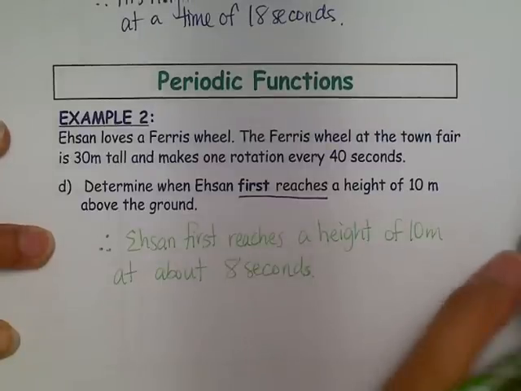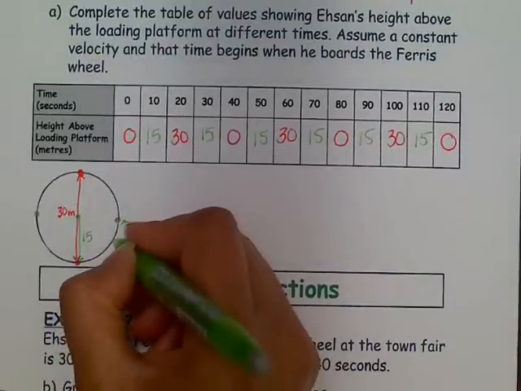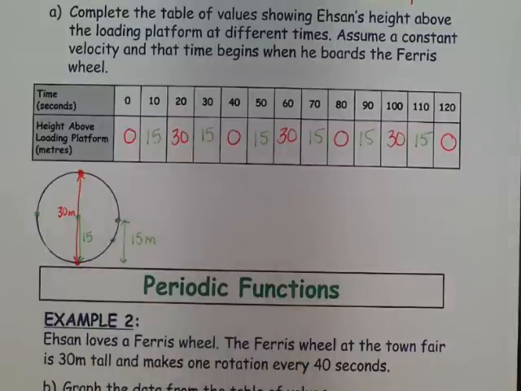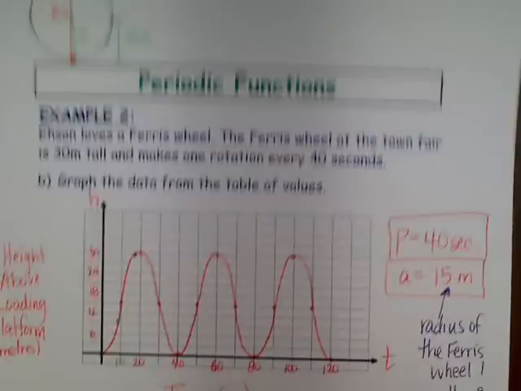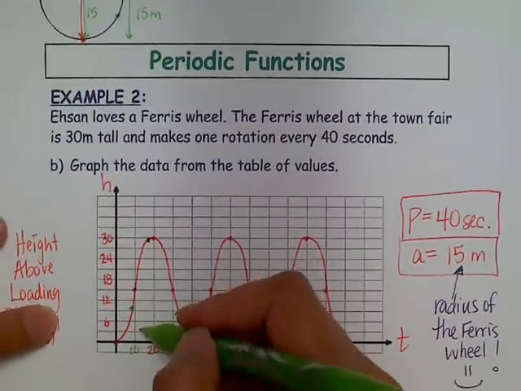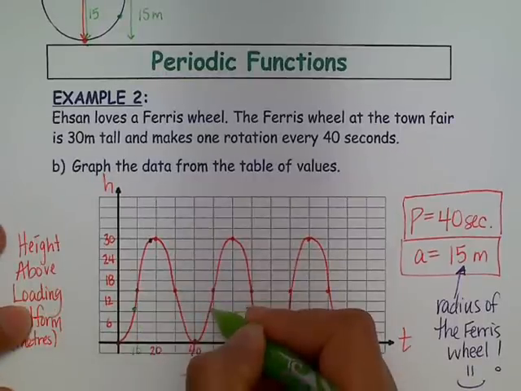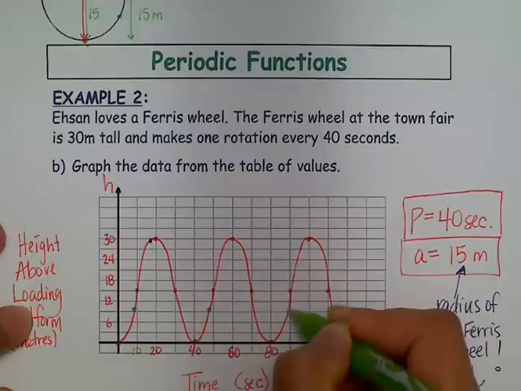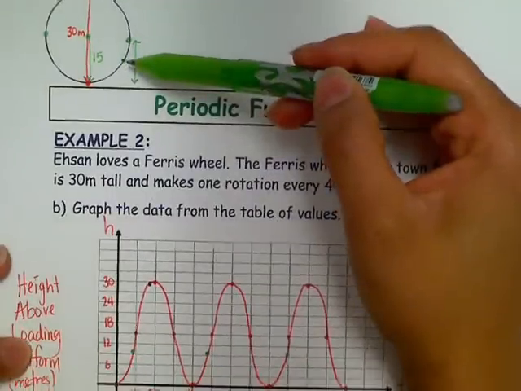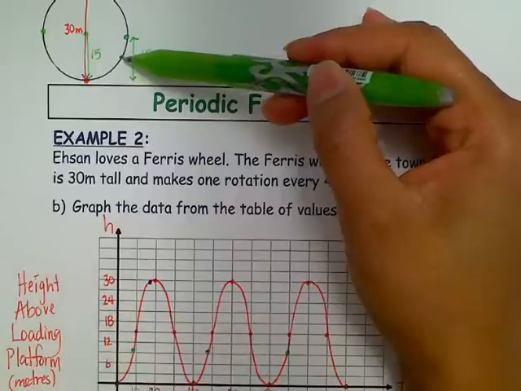And again, you can check your work. And if we look at the graph, we already know that's 8 seconds. If we look at the image here, 10 meters is about here. And so it would take about 8 seconds since it takes 10 seconds to get to that point there. Now, you could figure out when else he would be going up the Ferris wheel and would still be at a height of 10 meters. And you know that it's going to be every 40 seconds that that's going to happen. So every 40 seconds, he'll end up at the exact same point that he was previously. Okay? And that point would be right here on the Ferris wheel. Okay? So these points here